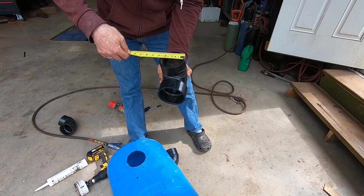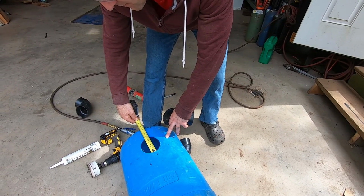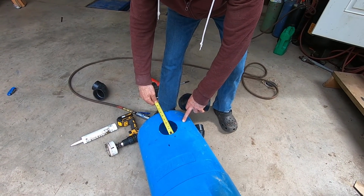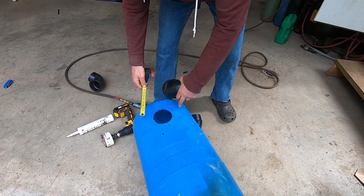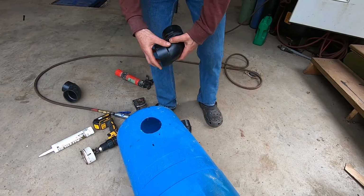The outer diameter of this is 3.5 inches, and the hole we drilled was actually about 3 and maybe a little bit more than 5/8. So if you get a hole saw that leaves a hole that's 3 3/4, that would be probably okay, just a little bit oversized. And so anyway, we marked